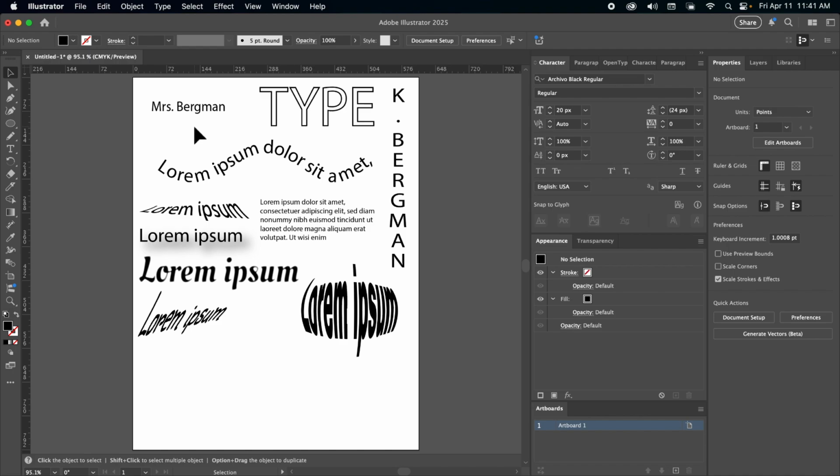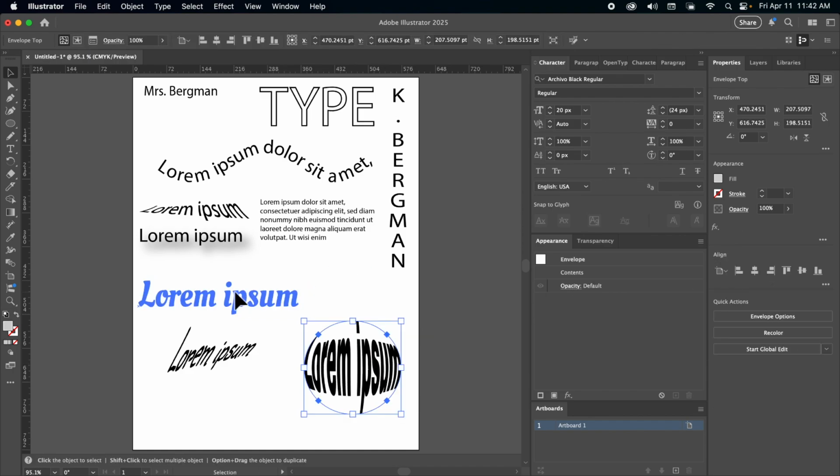Okay, so at the bottom of the last page, you've got a checklist to make sure that you did everything. We did a simple type tool, point type. We did a type tool with no fill and 2-point stroke. We did a type tool for area type, vertical type. We did a warp. We did a drop shadow. We did a feather. We did a free distort. We did an envelope distort. My name is at the top of the paper, and all of the text needs to be on the artboard. So make sure that none of it is hanging off the side, because I won't be able to see it.